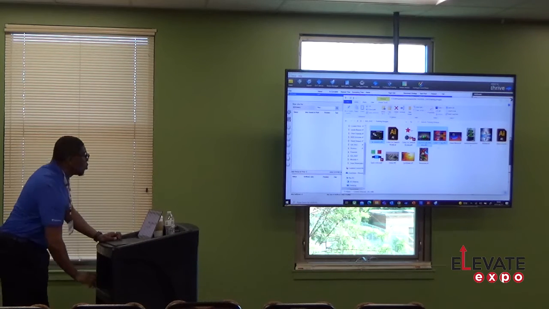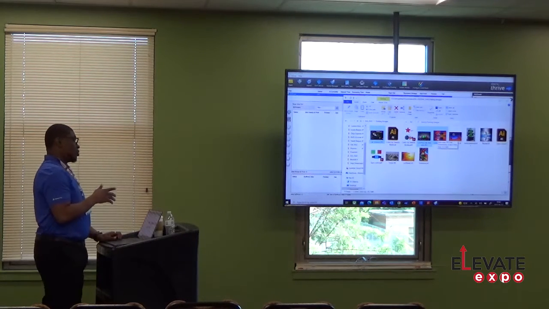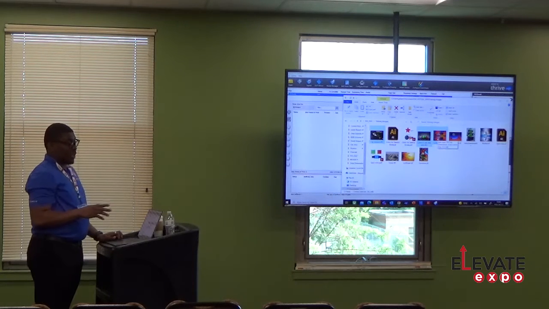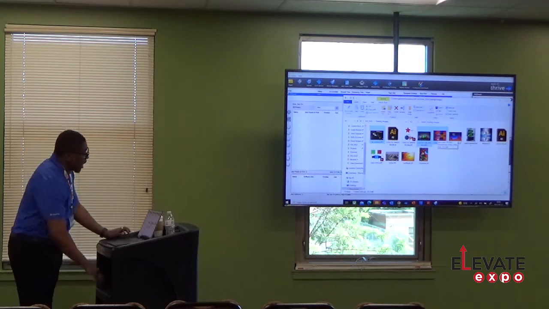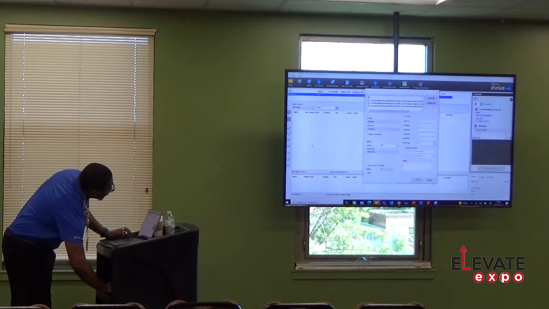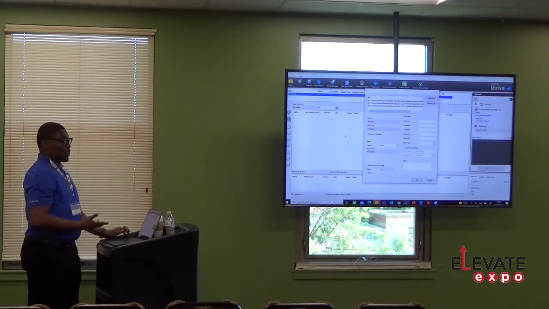Now, this tool, what I'm going to show here, one of the things we've added in the newest version of this software is drag and drop functionality. So for all of you using older versions of Onyx that had to hit file open, now you can just drag and drop this into the window, and it brings up this box,